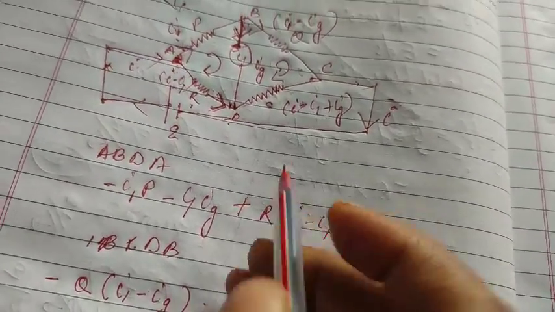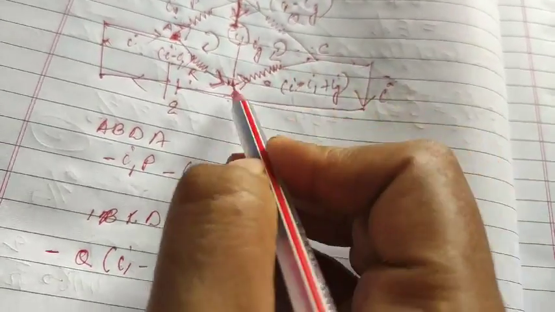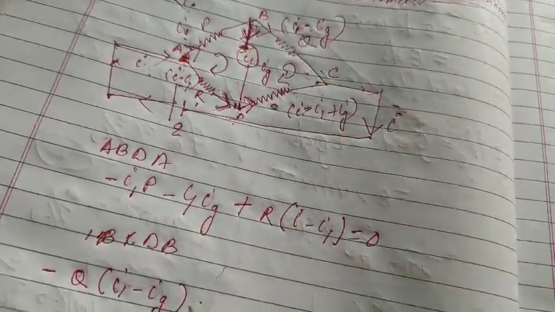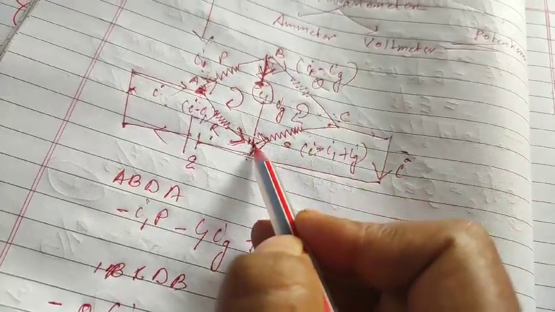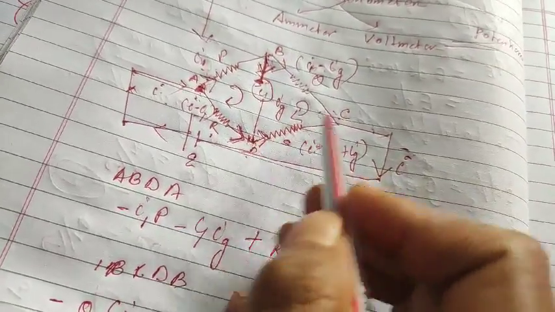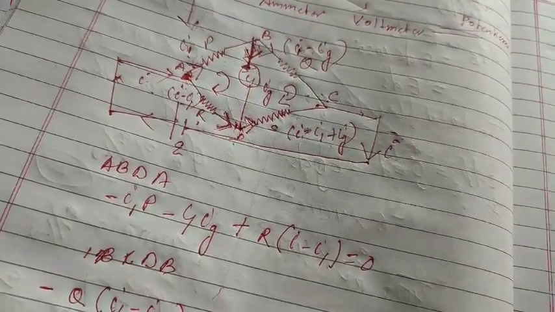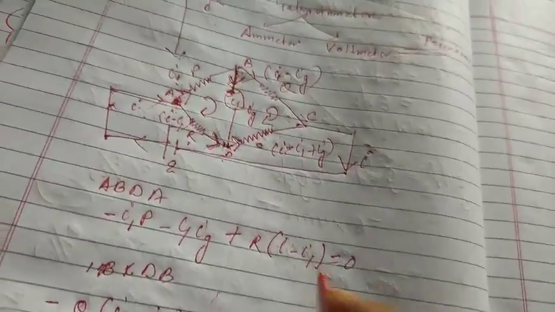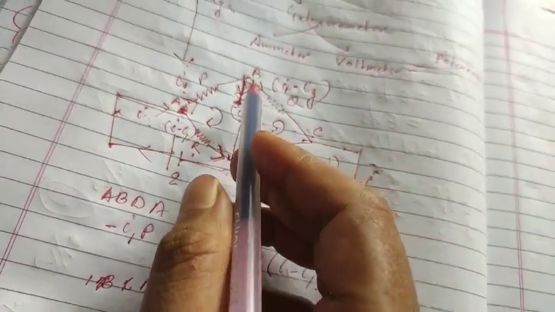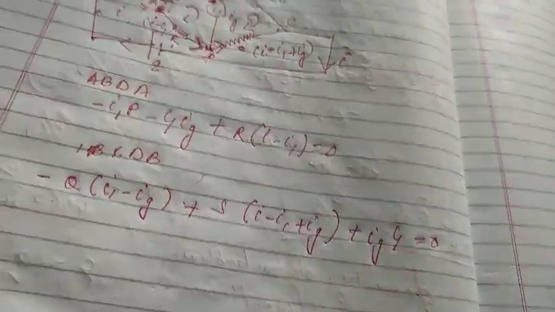Clear? Now you see C to D, whether the arrow is with you or opposite. C to D, the arrow is opposite to us, so we will take plus. My path is C to D, right? But the arrow is towards C, D to C. So you will take positive. How much is the resistance, student? S, I minus I1 plus Ig. Clear to you? Then again I will go D to B. See, the arrow is coming down, we are going up, so again this should be positive. How much is it? Ig, G is equal to 0.